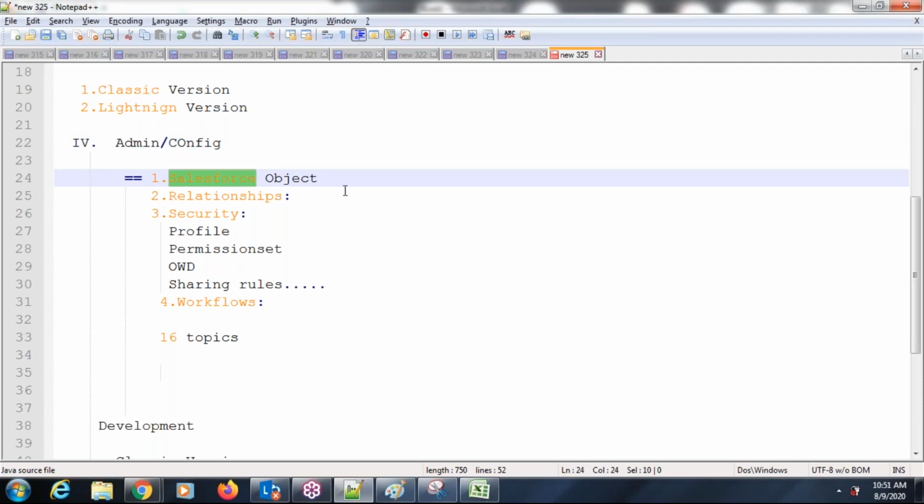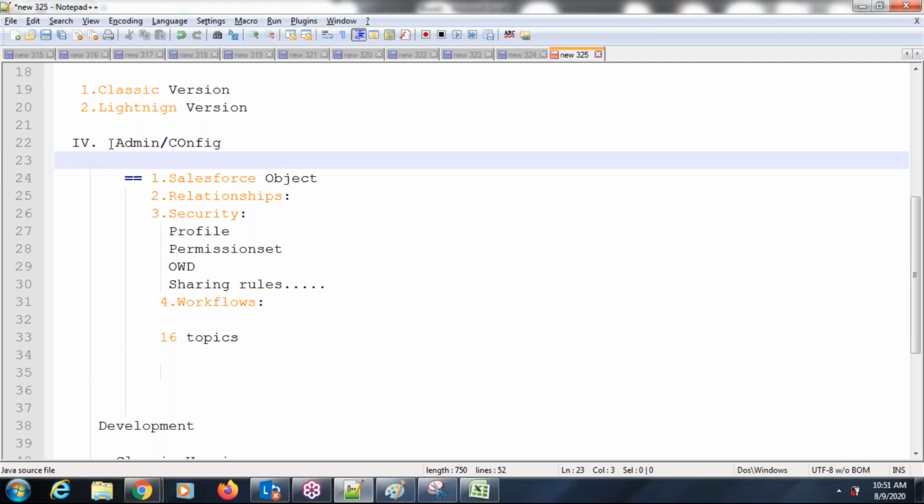I think you are going as a tech functional. In functional, as a business analyst or project manager, what generally they will discuss is the requirement, and they will use the admin terminologies only. Whether you are going as a functional or a developer, first we should learn the admin part.